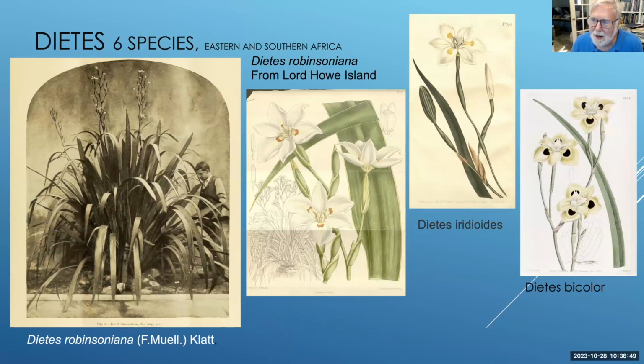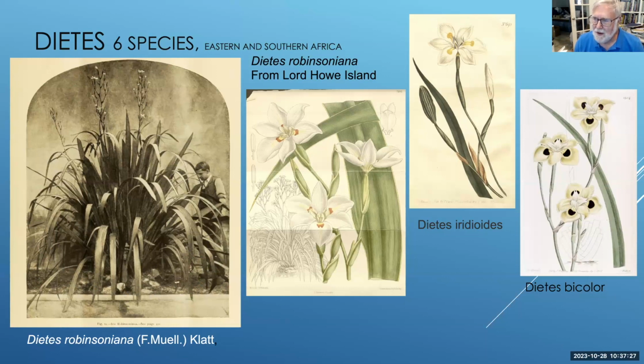Now, Dietes is something that Andy probably sees a lot growing in Southern California. Notice the one on the left. See the man standing next to it? This is Dietes robinsoniana. And the picture in the middle is its flower. It's called a wedding iris, wedding flower plant. And it comes from one island in the South Pacific that's right in the middle of the large ocean between New Zealand and Australia,